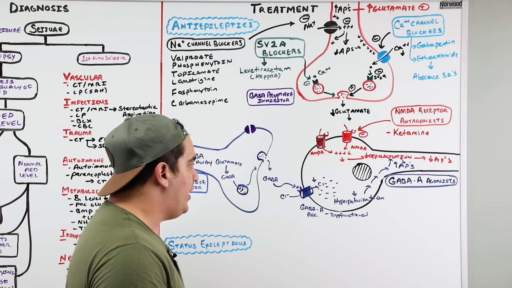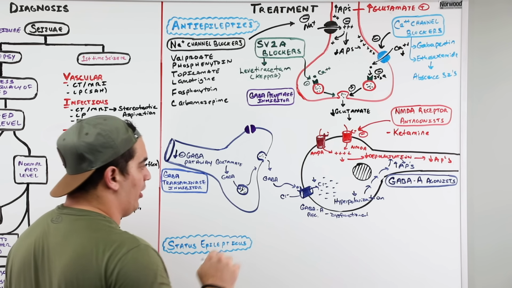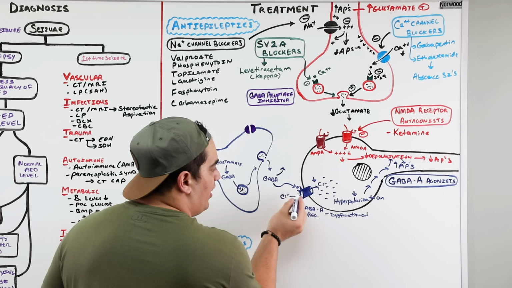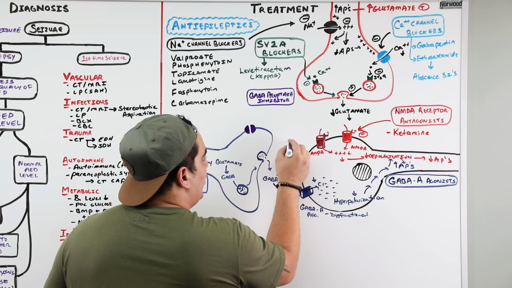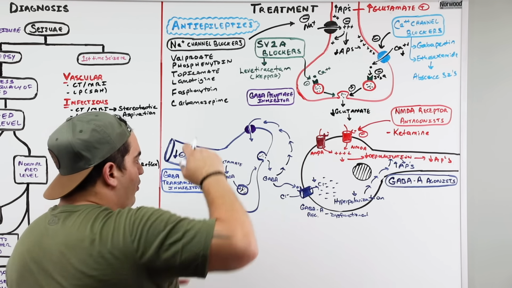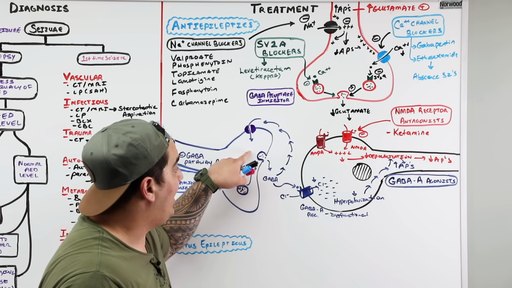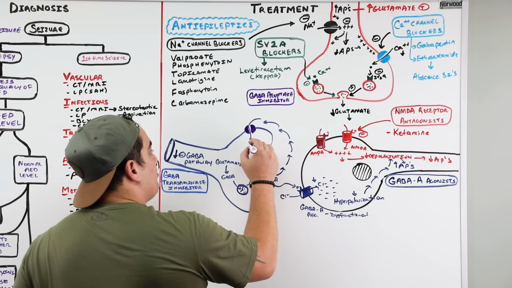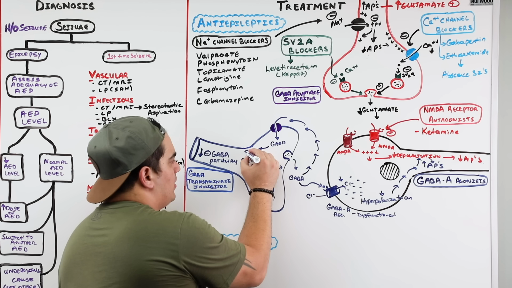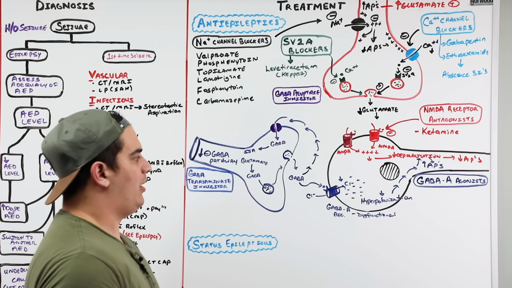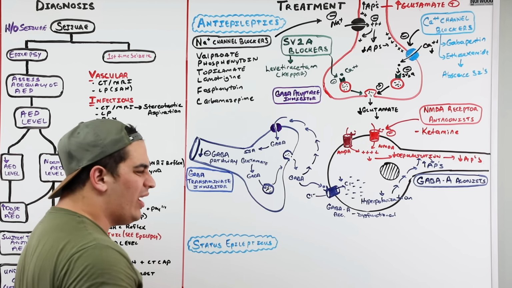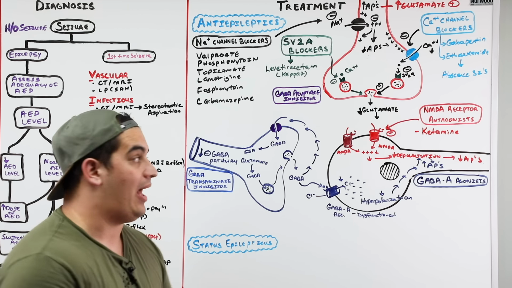Another thing that you want to remember, a part of this pathway, we've got to add on, it's not over, right? Once GABA's done exerting its effect on these GABA A receptors, it shouldn't sit in the synapses. It should get brought back up into these channels here, brought back into the terminal bulbs. Once the GABA is brought back into the terminal bulbs, it can get converted into a molecule called succinic semialdehyde. You're probably like, what the heck, why do I need to know this? Well, there's an enzyme that helps to mediate this process, and basically it renders GABA ineffective.